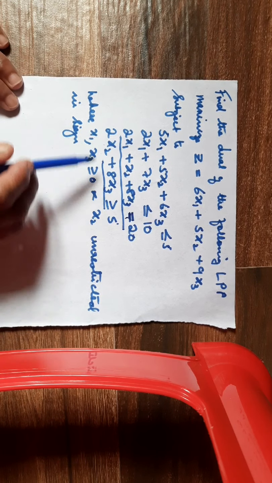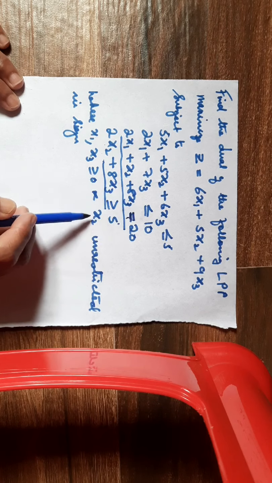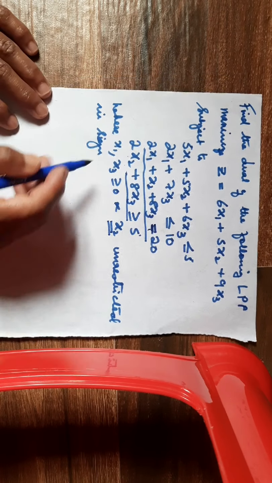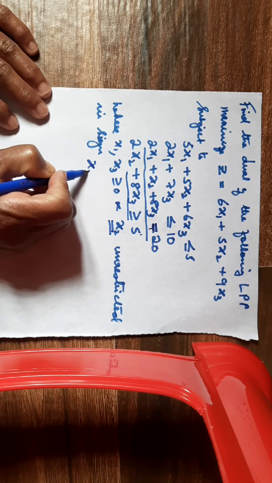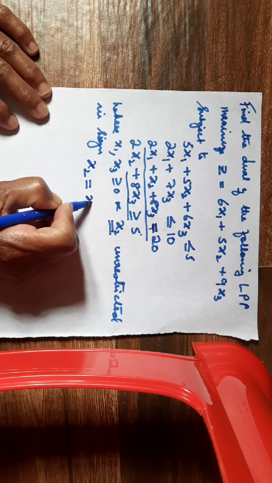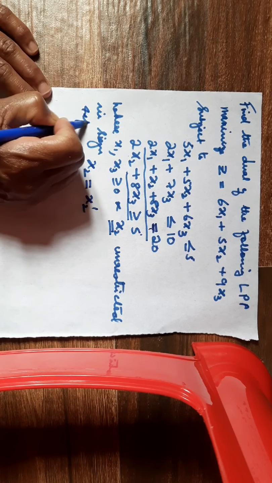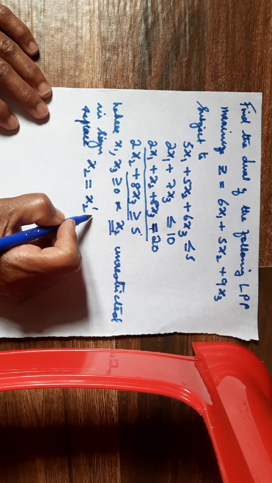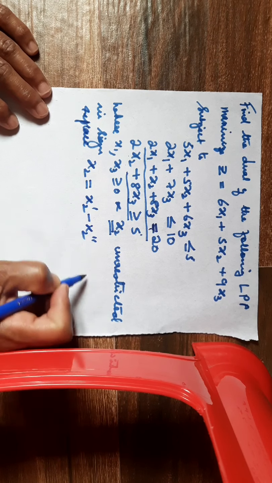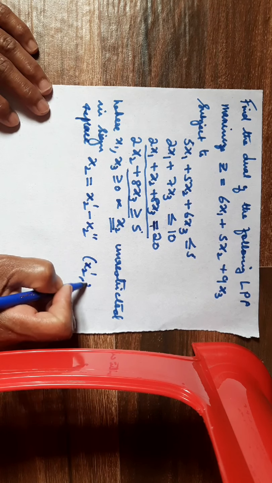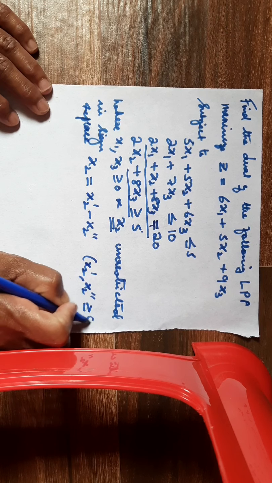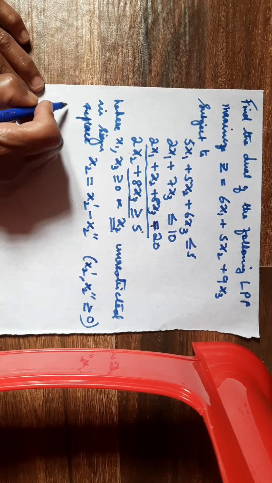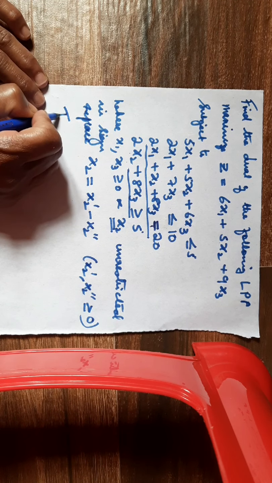Now here it's given that x2 is unrestricted in sign. That means you have to replace x2 by x2 prime minus x2 double prime, where x2 prime and x2 double prime are both greater or equal to 0. So therefore the given LPP,